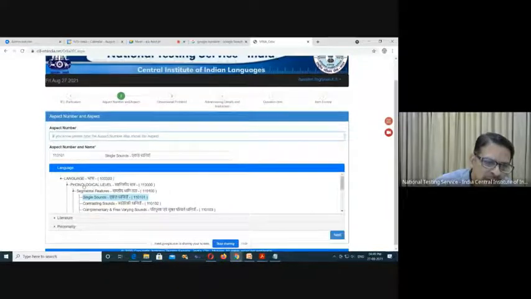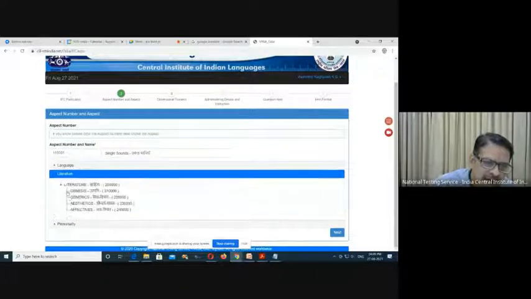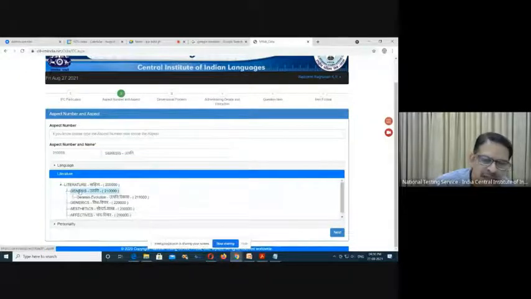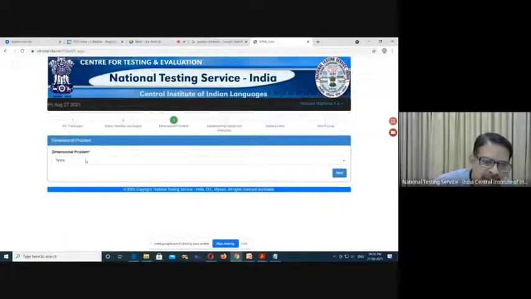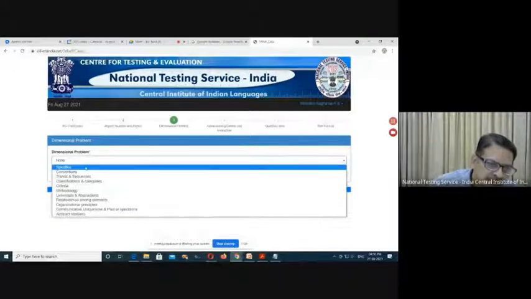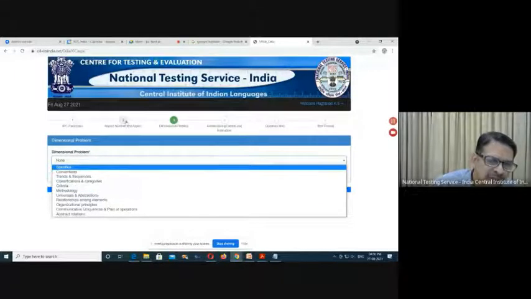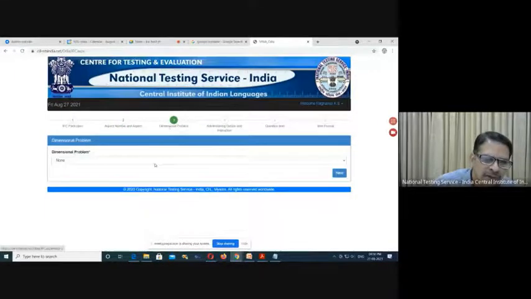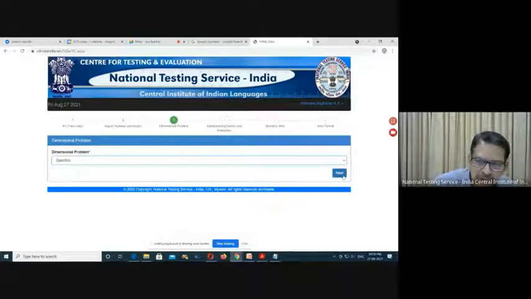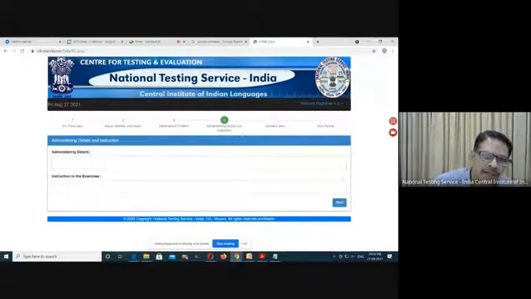If you are writing on literature, this dimensional problem will change to specific ones, like the trend, sequences, classification, categories, based on your selection. After selecting the dimensional problem, you should click on the next button. Then it will go to administering details and instruction to examiner.